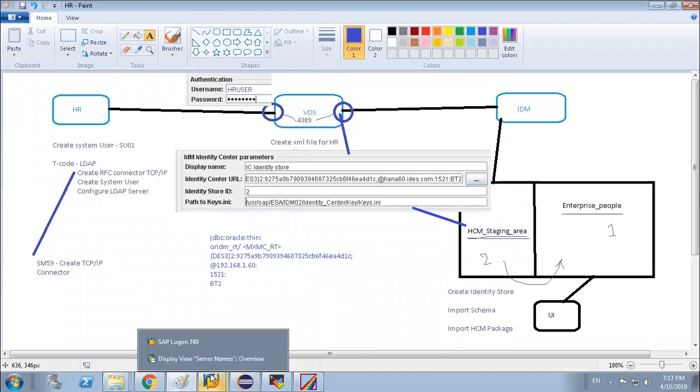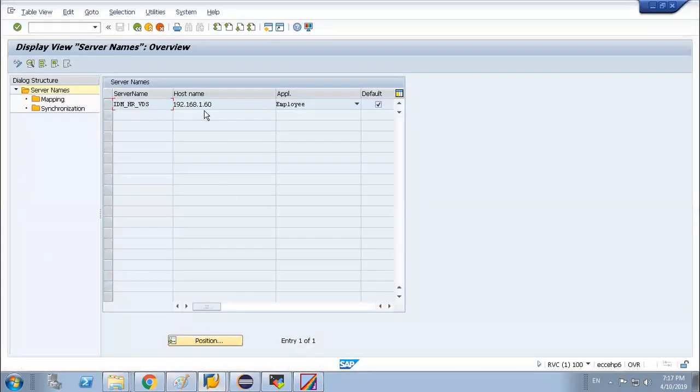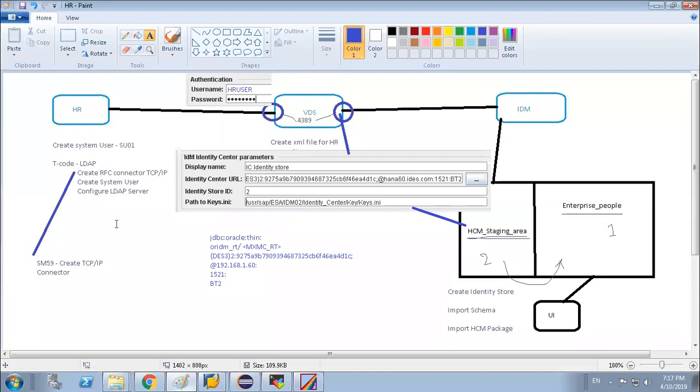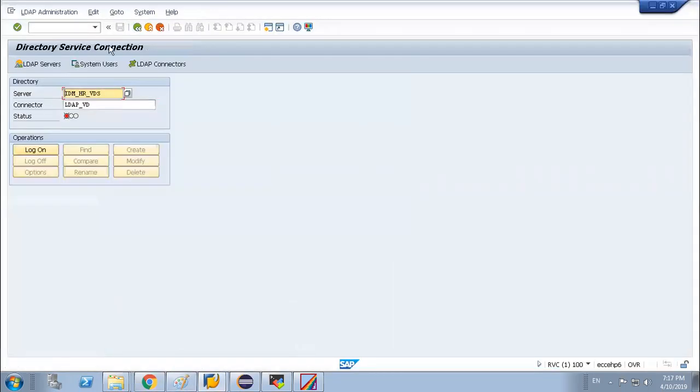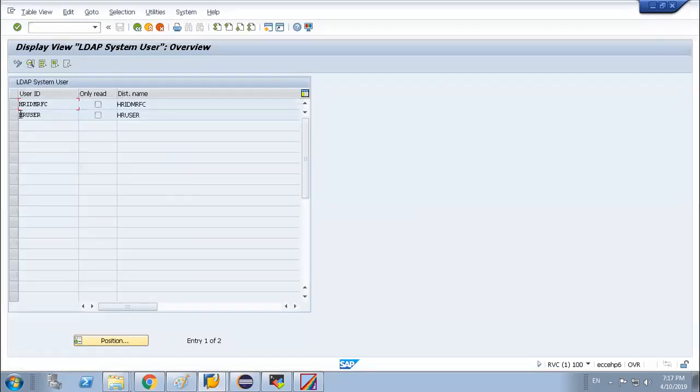Now coming back to the HR area, the configurations in the HR area. First, what we have done is create our RFC connection. In SM59 we have created one RFC connection of TCP/IP connection type. Then we provide a system user over here.